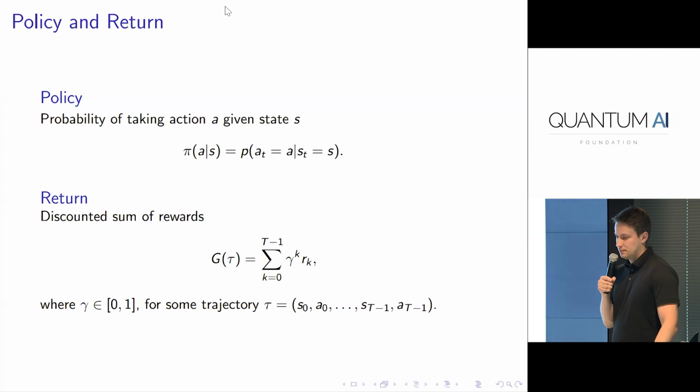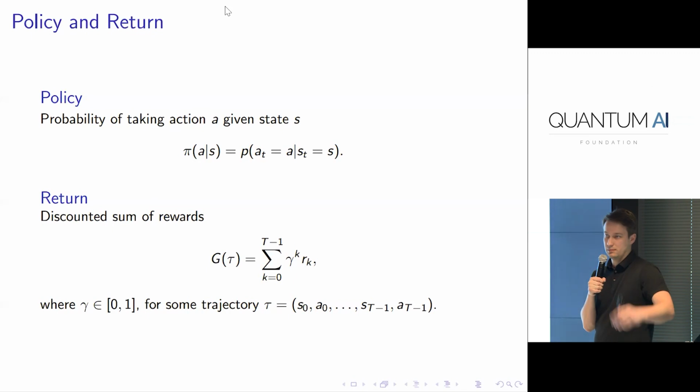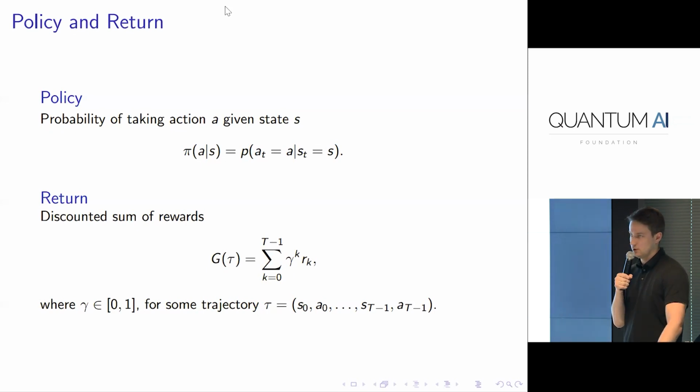Okay, so in our reinforcement learning setup, the aim is to train the policy. Essentially, the policy is the probability distribution that, for a given state S, will pick some action, some gate. And to evaluate this policy, the helpful concept is the discounted sum of the rewards, right? So we have this G tau. Tau is the trajectory, right? So we assume that